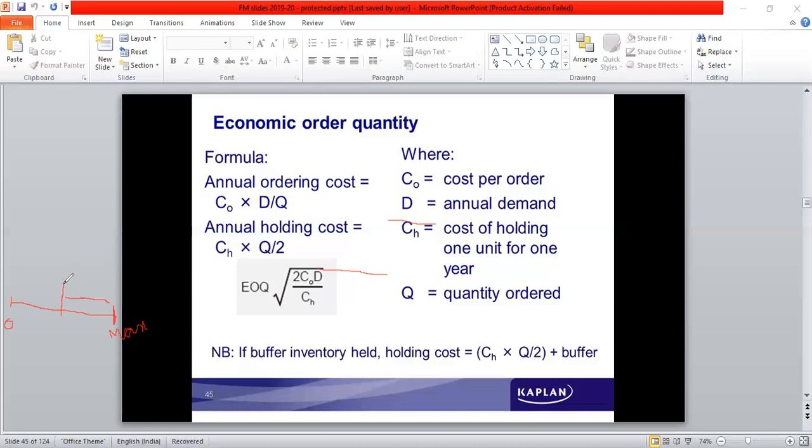So let's say that when it reaches this point, they think about placing another order. Let's take this one to be the reorder point. At this point, another order would be placed. Even after an order is placed, material is issued to the production department, so it keeps reducing. Ideally, they should receive the order placed at the reorder point before it reaches the zero limit.